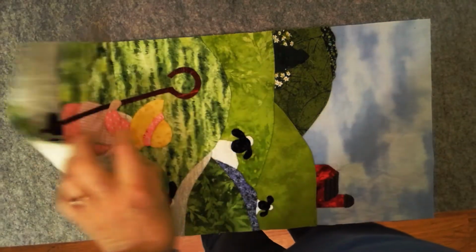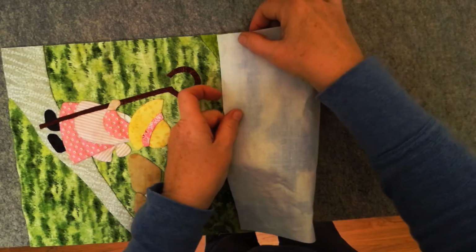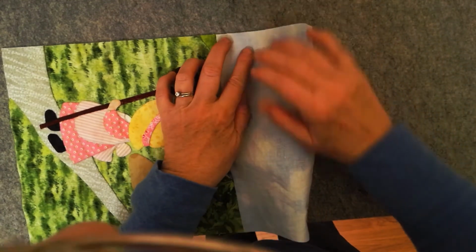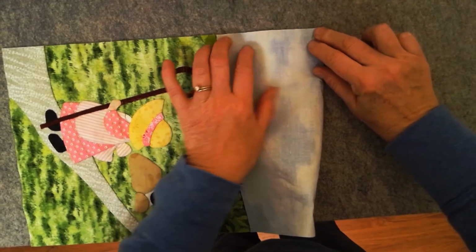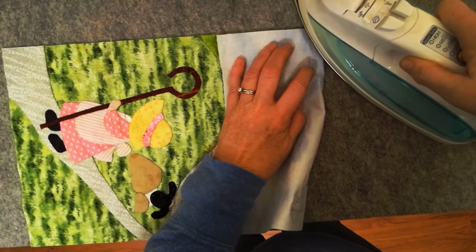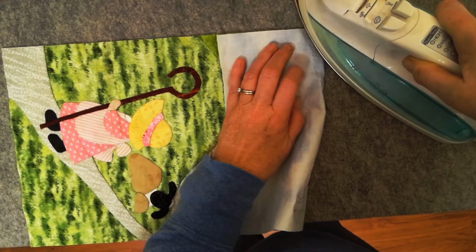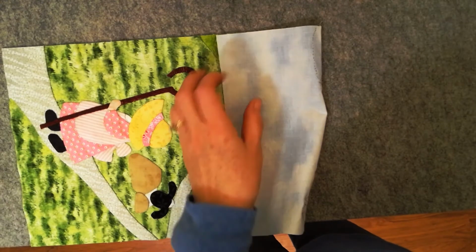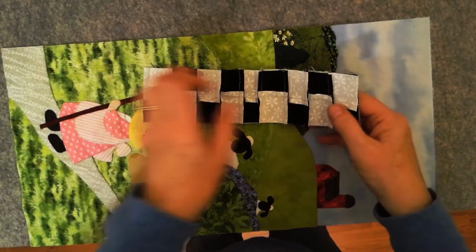Okay, and then I'm going to do the same thing on the top here. I'm going to fold it down to my middle mark and encourage that stiff little pattern piece to lay flat. I'm just going to press a little seam in there. That's going to help me as I line up the border to know where it goes. So when I put the border on,